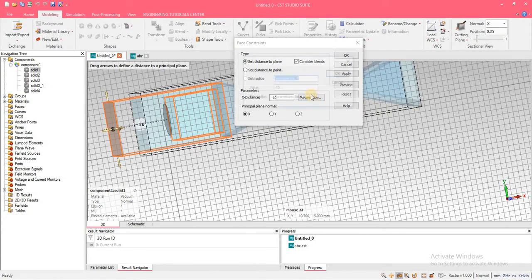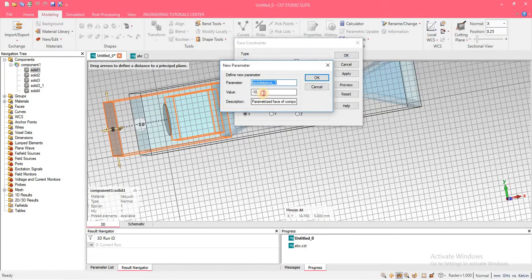And we can also parameterize the values.